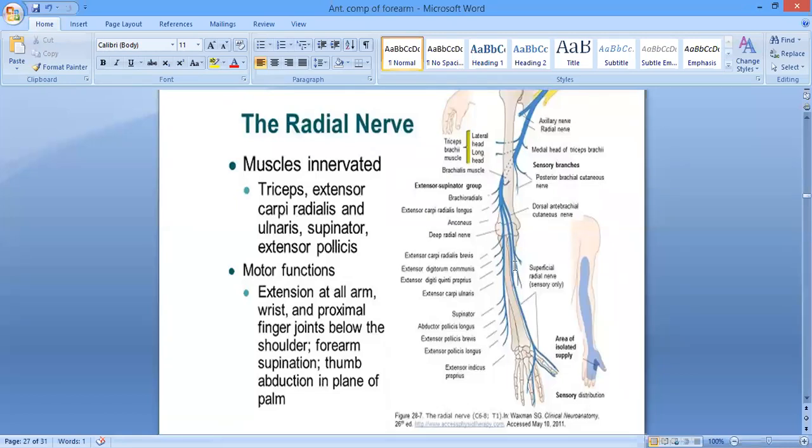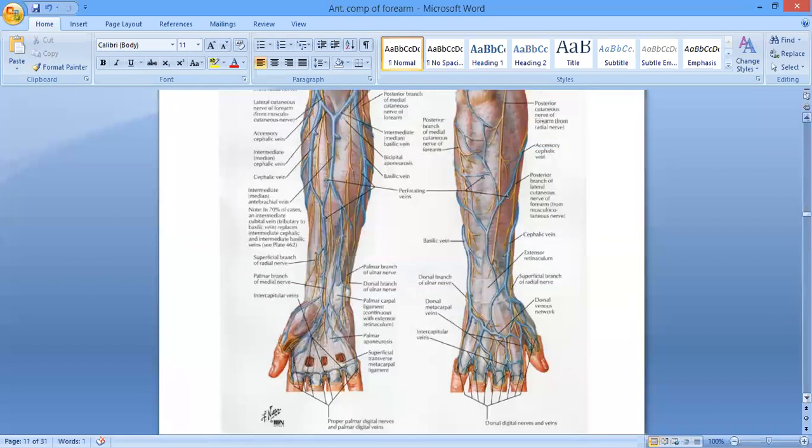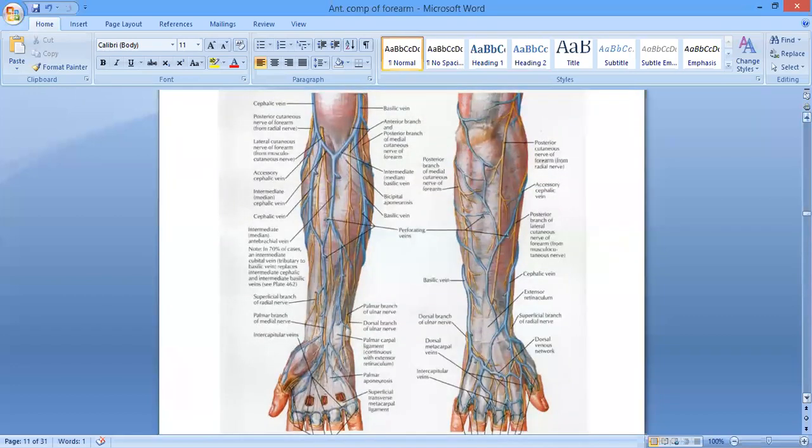Okay, now we'll talk about the superficial fascia. I told you that with the superficial fascia we always talk about the structures running in it, and the most common in the region of the forearm are the superficial veins. Here you can see the superficial veins and the superficial lymphatics. We have talked about these cutaneous nerves, right? These are running over there, and then in the superficial fascia we come across the superficial veins.